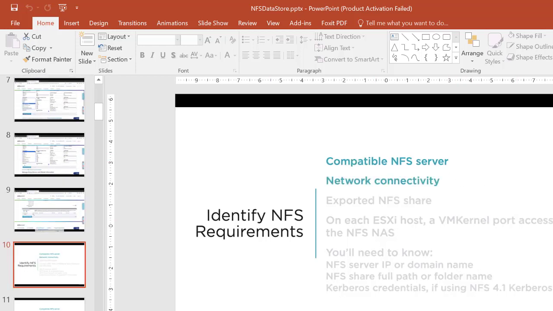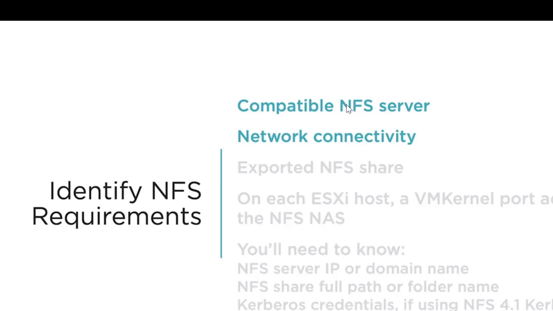After choosing your NAS for your NFS server, the second step is to check the network connectivity. For network connectivity, you should have your NAS and your VMware server on the same subnet. That means you don't use different IP addressing or a different IP class. After that, you will export an NFS share. After checking the connectivity on your NAS server, you should create a share and export the NFS share to the network, and after that on the ESXi host, a VMkernel port connects to the NFS NAS.